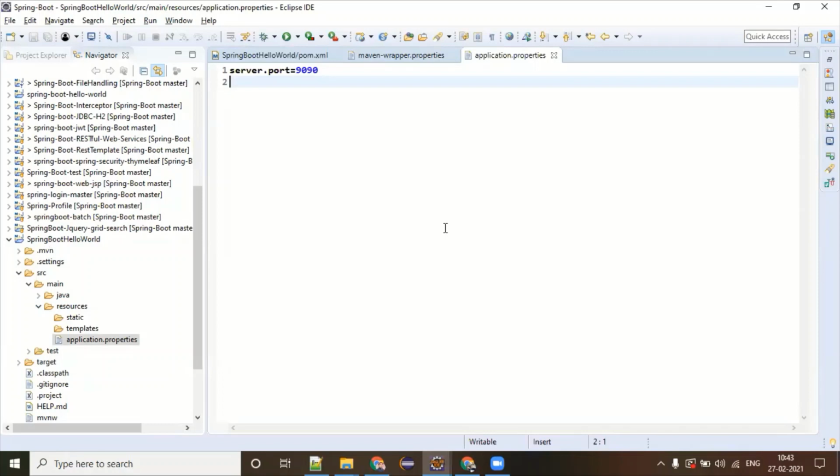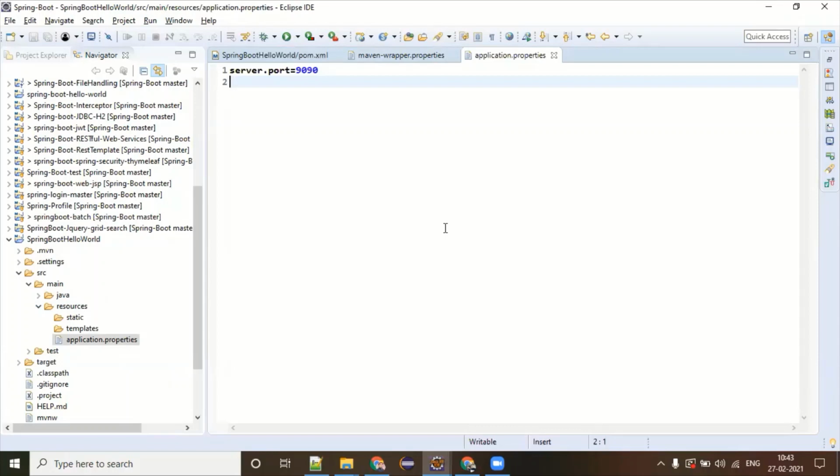Otherwise, to run a hello world program, most of the time people have to change their port number. So they don't want any manual coding required right now to run this application, and that is the reason they have changed the server port to 9090.